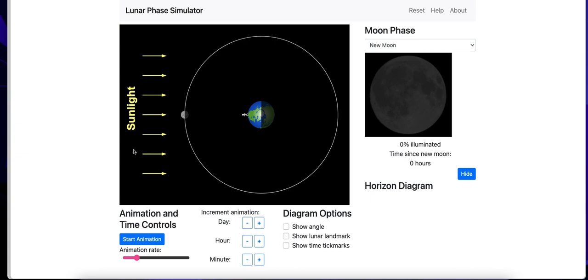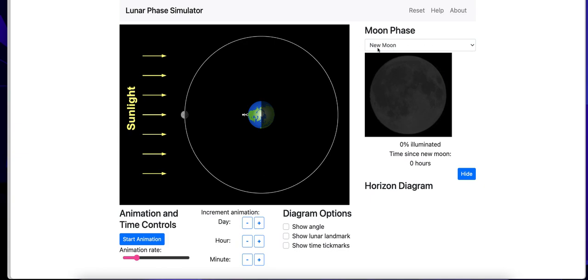I found this animation which will help in explaining what is happening. So I'm going to get started. We have the sunlight here. Obviously, the sun in perspective would be a lot larger, and there's a lot of light coming in this direction from the sun. So to start off the moon cycle, or the moon phases, we always start off with a